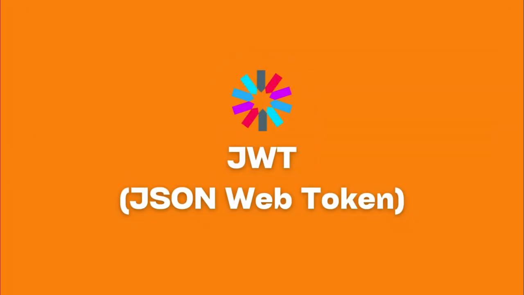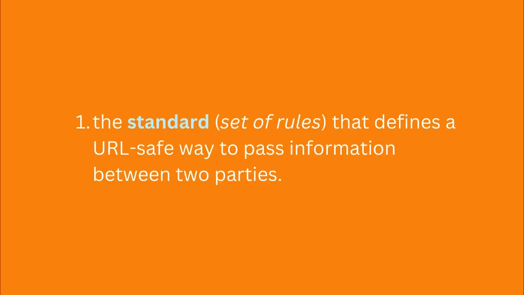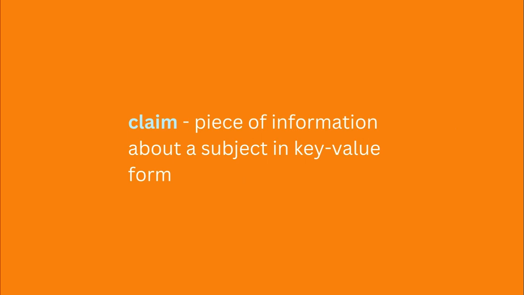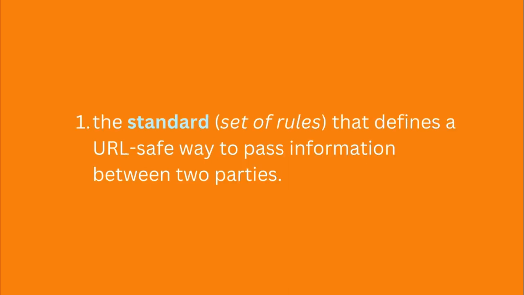What is JWT? The term JWT, or JSON Web Token, can refer to a few things. It can refer to the standard, or the set of rules that defines a URL-safe way to pass information between two parties. This information that is passed comes in the form of claims. And all a claim is, is a piece of information about some subject in the form of a key-value pair. And so JWT could refer to this set of rules that defines how we pass claims, these key-value pairs,